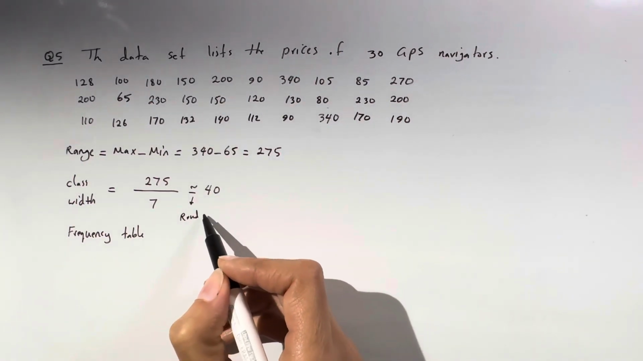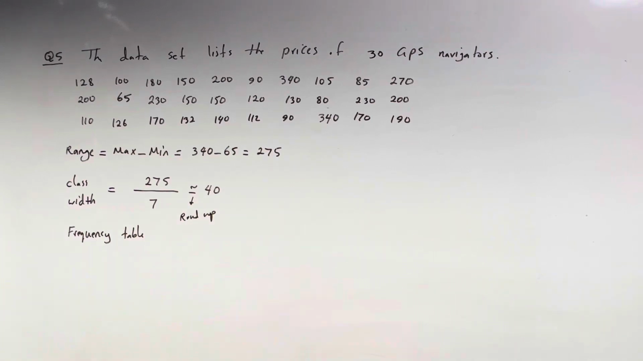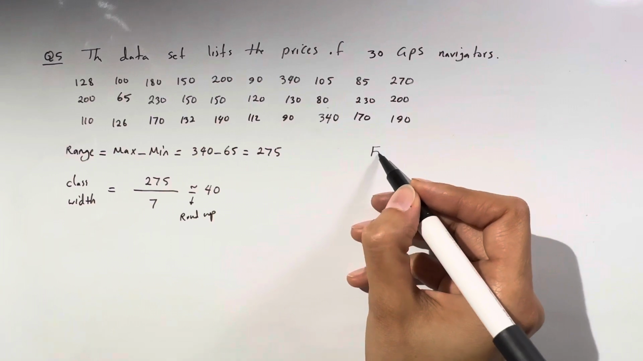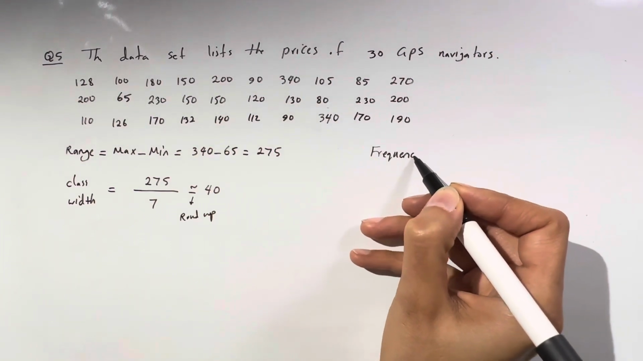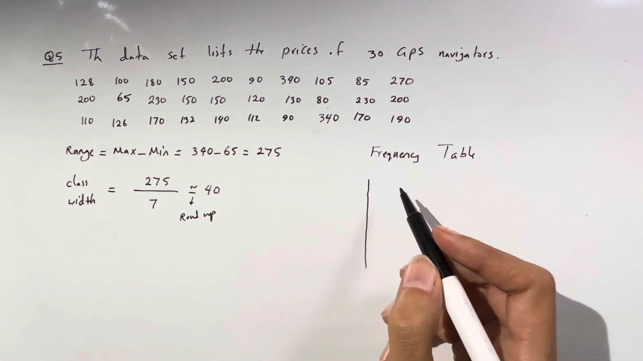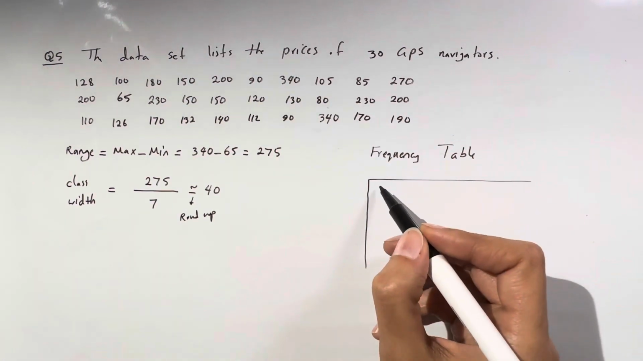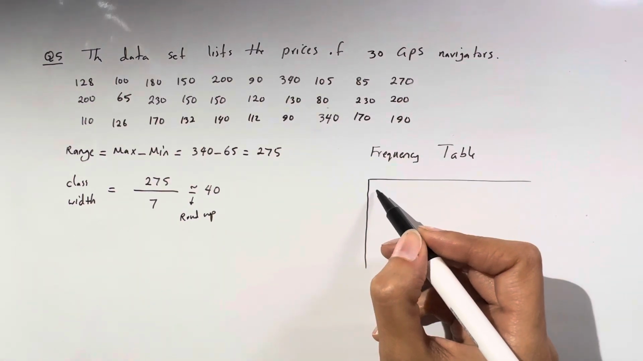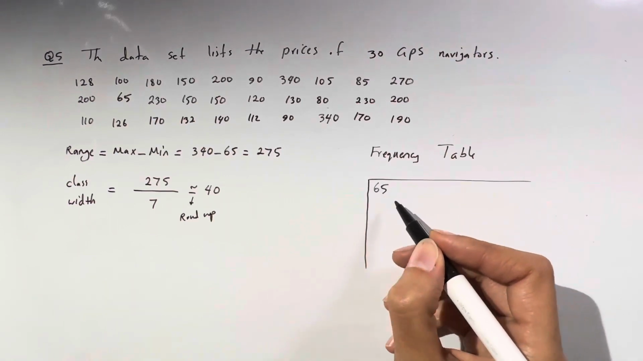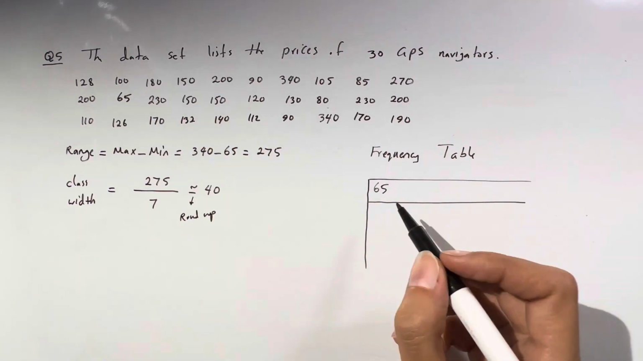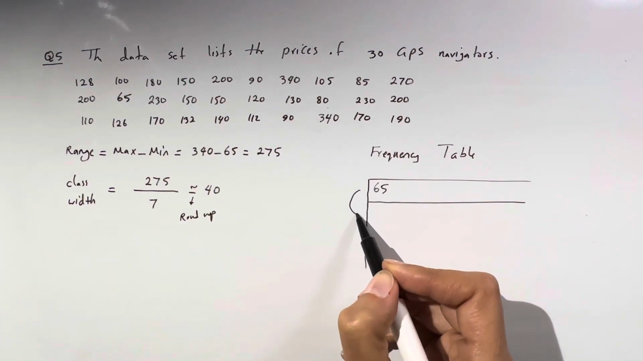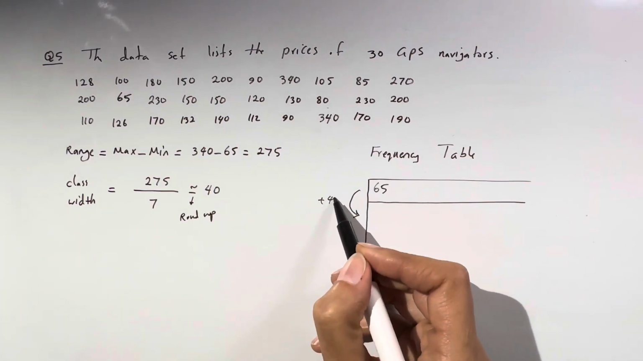Round up. Now to form the frequency table, you need to have the bins. The frequency table itself starts by having the classes. The very first class starts with the minimum value. The minimum value is 65. This is your class 1. For your second class, you need to add 40 to 65 to get the lower limit of the second class, which